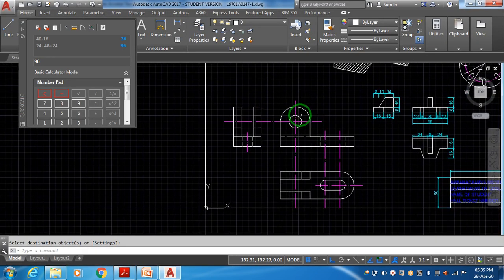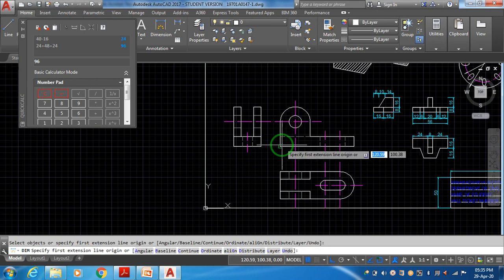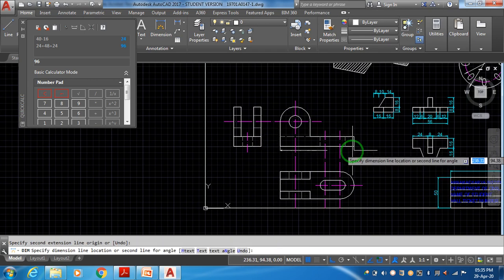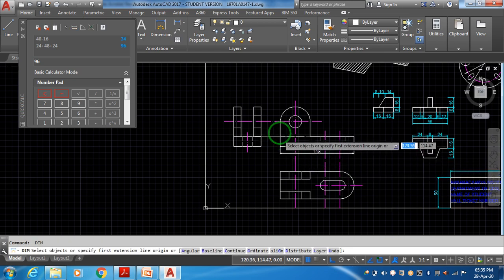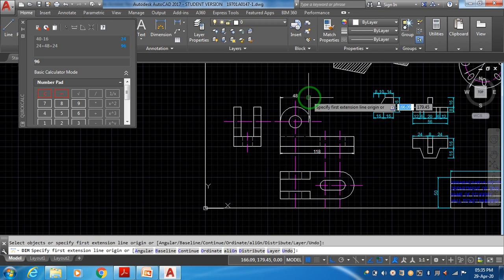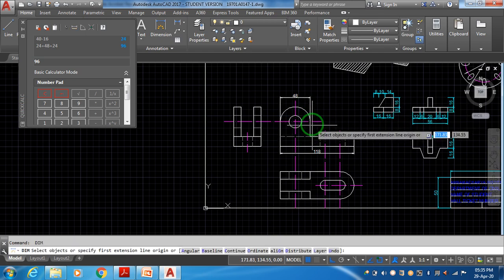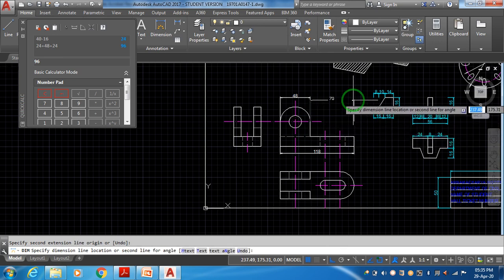Just the outer layers, dimension, enter, endpoint to endpoint. Now from here to this diameter, you want to continue with this.